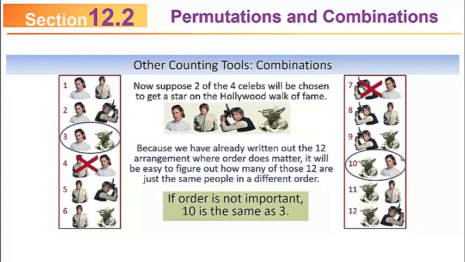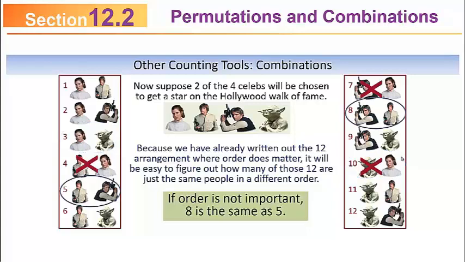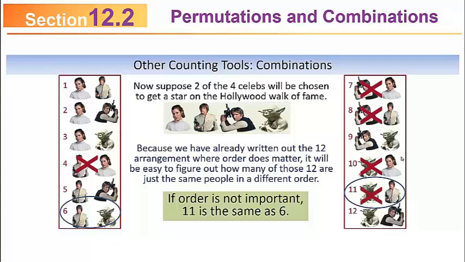As you keep moving down, number 3 is Leia and Yoda, so you can also get rid of number 10, which is Yoda and Leia, so you don't need that duplicate. Giving them stars, the order doesn't matter. And as you move down the list, you've got Luke and Han, and then number 8 is Han and Luke, so you can get rid of number 8. Number 6 is Luke and Yoda, and number 11 is Yoda and Luke, so you can get rid of number 11. It's a duplicate. And then finally, you've got Han and Yoda, and number 12 is Yoda and Han, so you can get rid of number 12. And that leaves you simply with